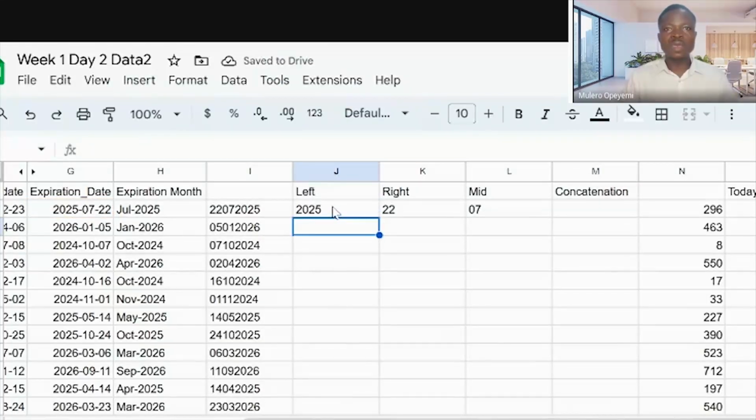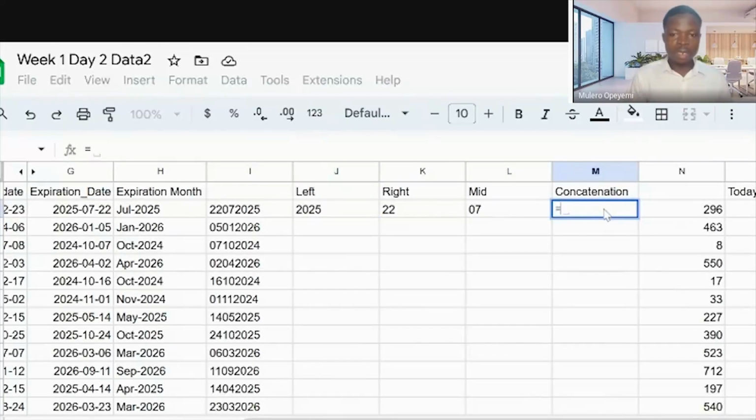So somehow, we've been able to get the 3 constituents of the text string that we got just now. 22, 07, then 2025. Now, what does concatenate do? Concatenate brings terms together. It brings different terms together. You want to join them. It's like in SQL, we have left join, we have right join, and all of those things. You want to join them. That's concatenate. So now, how do we go about that?